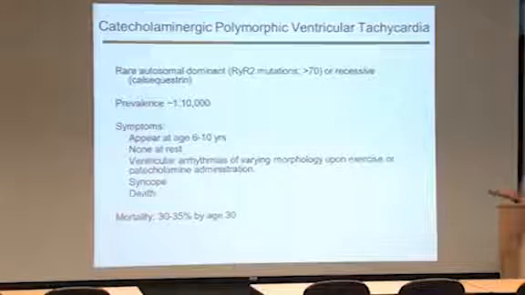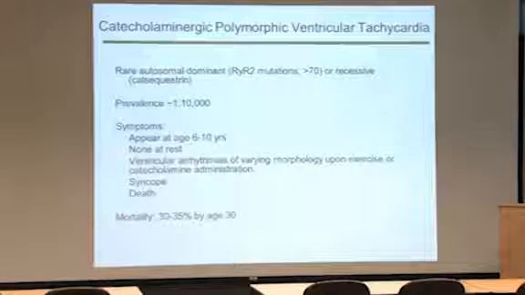The cardiac disorder, catecholaminergic polymorphic ventricular tachycardia. It's an autosomal dominant disorder of the ryanodine receptor. Also, there's a recessive form that's linked to a mutation in calsequestrin. Again, it's rare, about 1 in 10,000 people have it. And these folks are usually normal under sedentary conditions or at rest. But when they get stressed, particularly psychological stress or physical exertion, it causes the release of catecholamines that cause